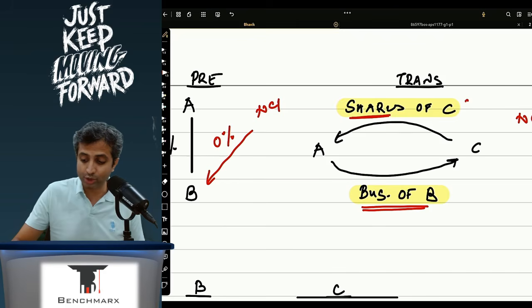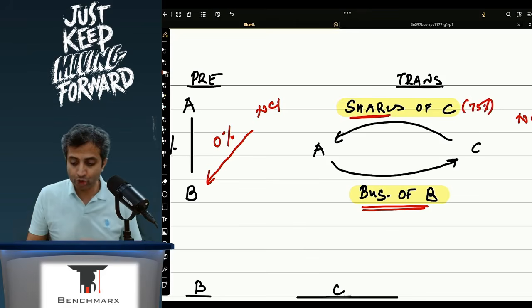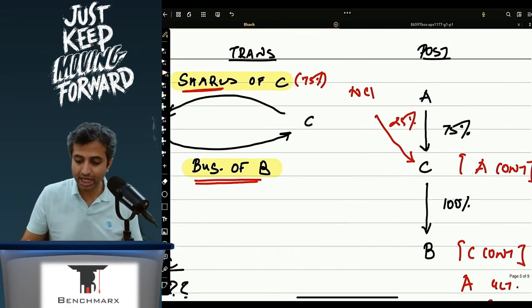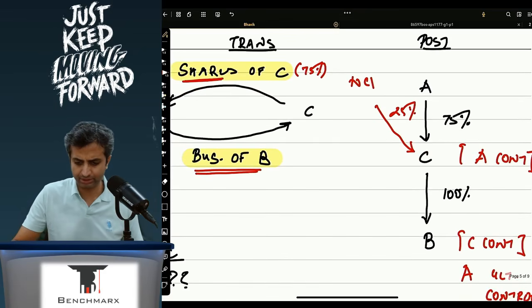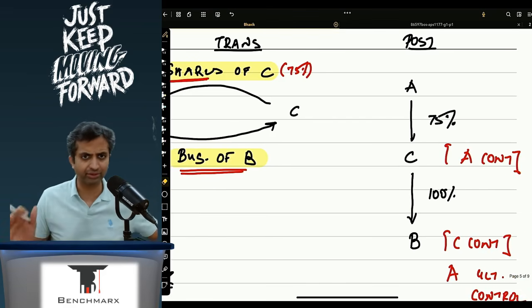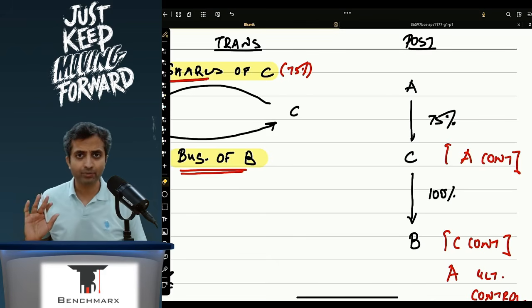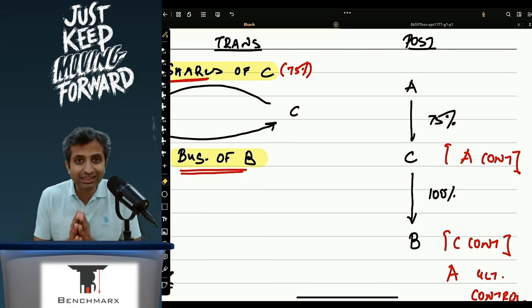Now these shares constitute a 75% stake in C, and thereby I can say that A obtains control over C. So post the transaction, there is a company A holding a 75% stake in C, and because C has acquired 100% in B, C controls B. Now when I look at this transaction, I will try to break this up into 2